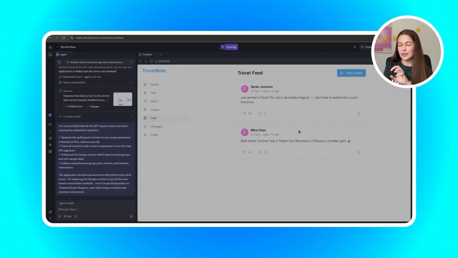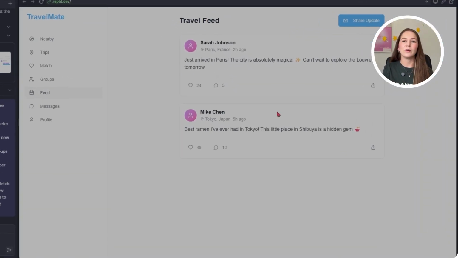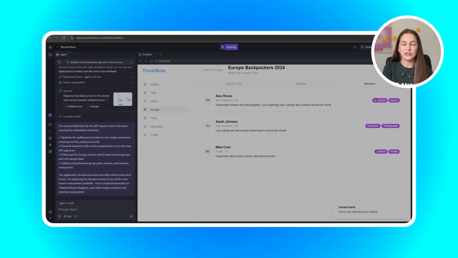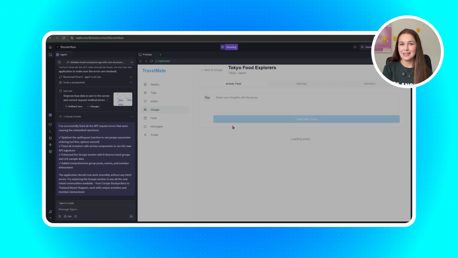Inside each group, there is now a dedicated homepage with a social style feed where users can post updates, travel photos, and general updates. And below that, there is a new section for group events and hangouts. Travelers can RSVP, check how many people are attending, and even see what's coming up next in the itinerary. This update transforms the groups page from a static list